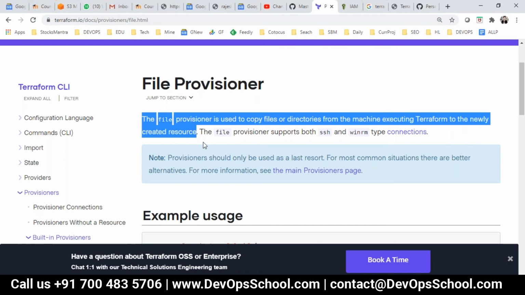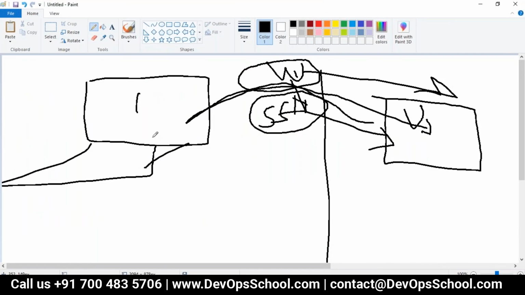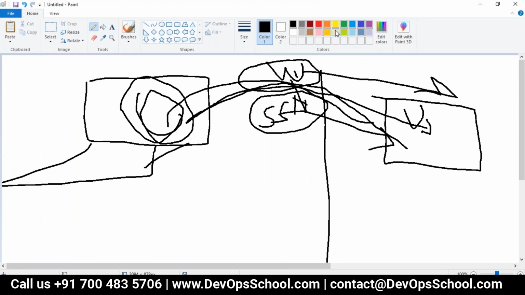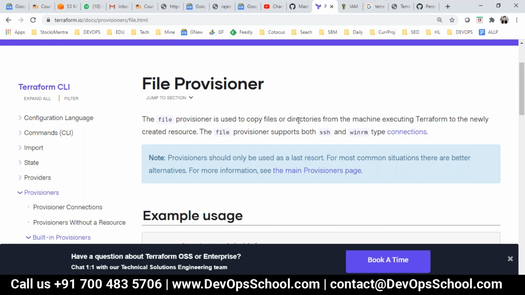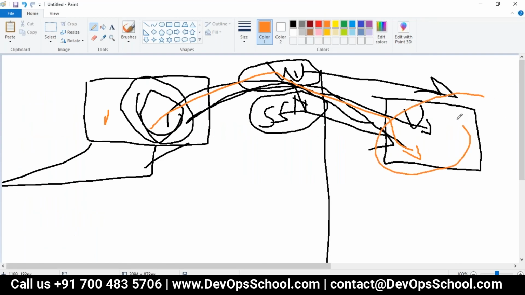The file provisioner is used to copy files and directories from the machine executing Terraform to the newly created resources. You have to copy the files from here to here. You have some files, war file, HTML file, exe file, whatever file you have. You want to copy from here to here. What should you do? Use the file provisioner. Simple.